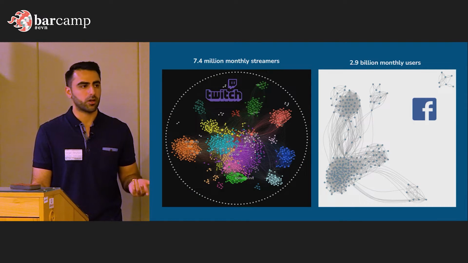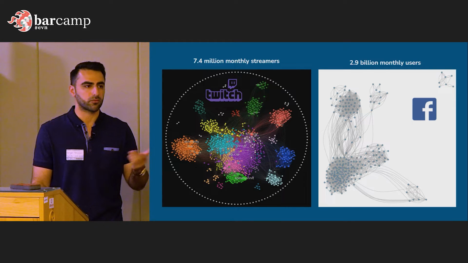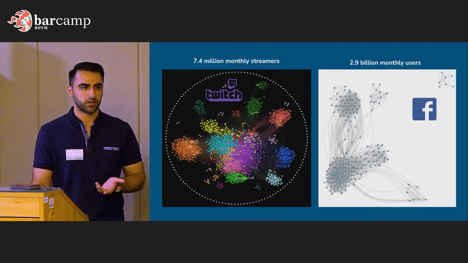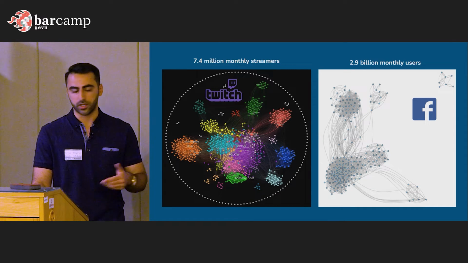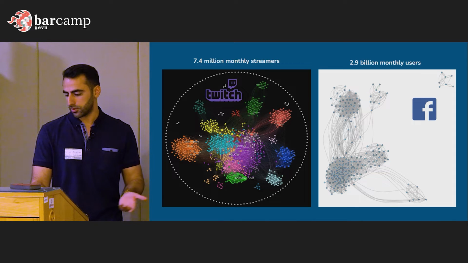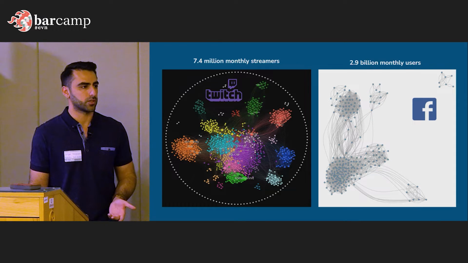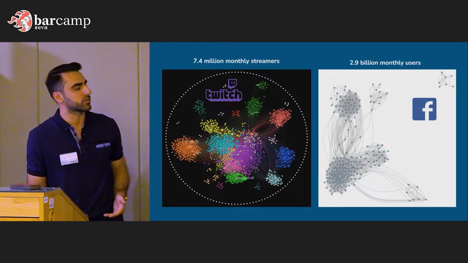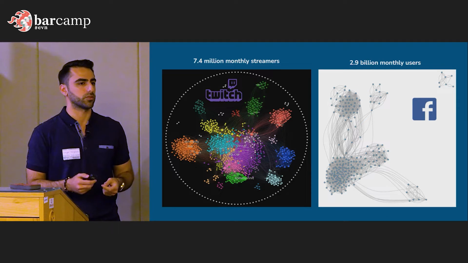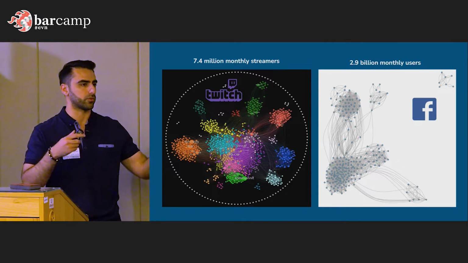But there are a lot of other use cases for this. So for example, everyone, I assume, has a Facebook. You can go download your own personal information off of Facebook. It comes in a nice JSON format file, and you can plot them in a link analysis. So what you'll see here is all your friend groups. Sometimes you have all these friend groups, and they don't talk to each other, but they talk to you. So you're the bridge that connects your friend group to another friend group.